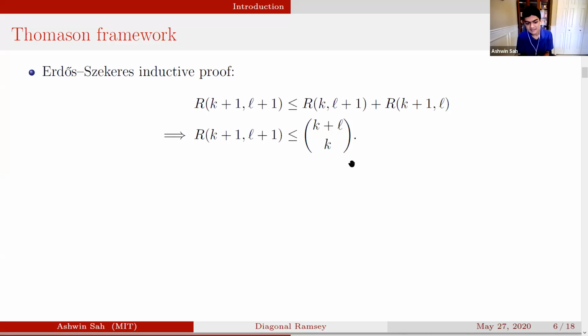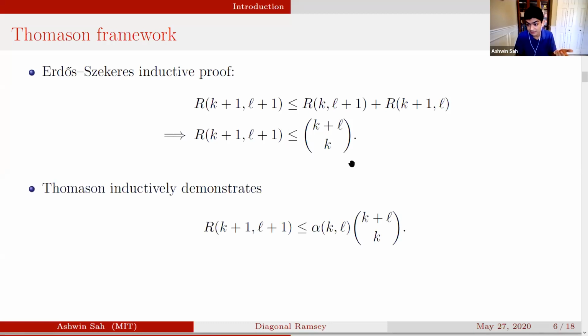The way you do this is you basically look at a vertex, and you know that a graph that doesn't have a k+1 clique or an L+1 independent set doesn't have too many neighbors and doesn't have too many non-neighbors. And that really gives a bound on the graph size. We'll go through this argument in some amount of detail. We'll actually rederive it, and also more as we talk about this topic.